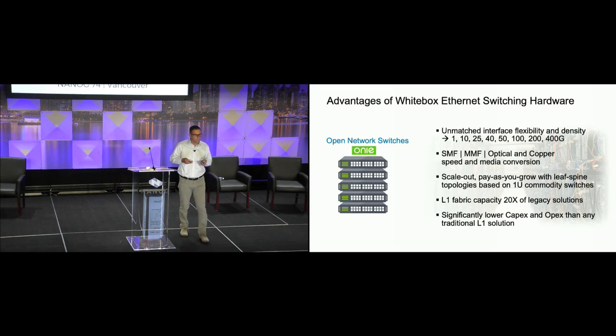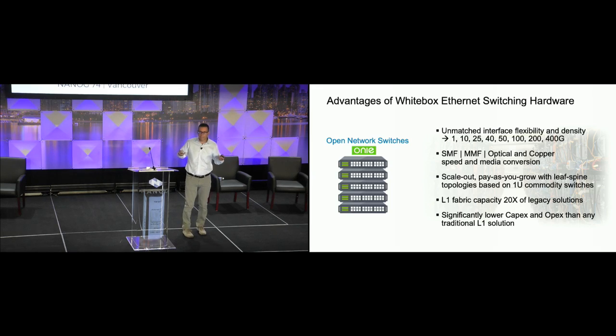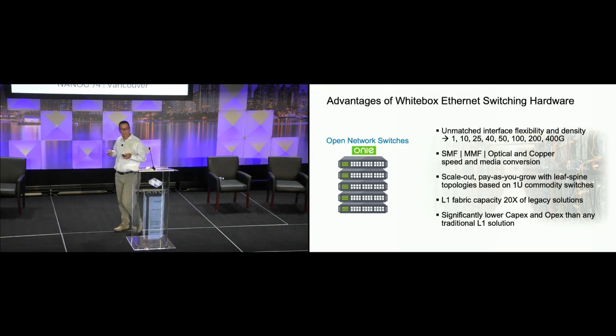One thing we can do to start to change and improve on layer 1 switching technology is to see if we can use traditional white box technology. Those are commodity switches. Of course, their job is not to perform layer 1 switching, but perhaps we can emulate layer 1 switching with a white box. If we do that,